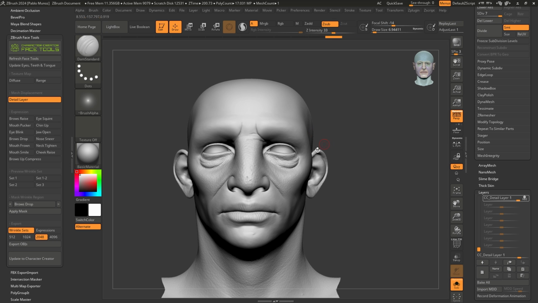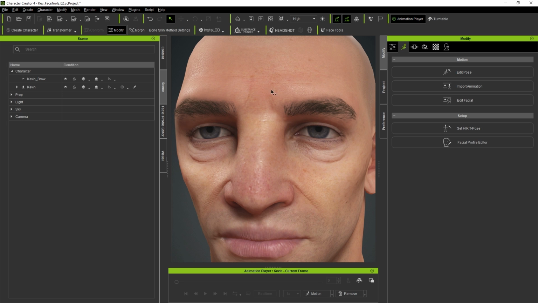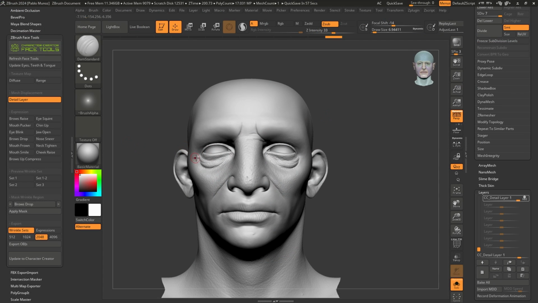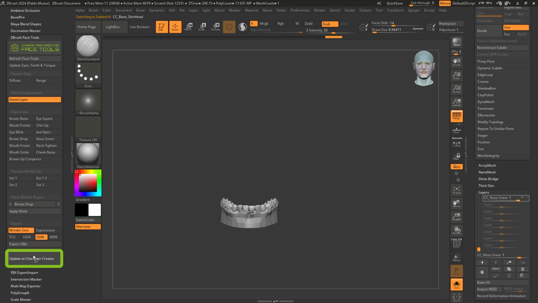All right, so you go ahead and say in CC4, you know what, this is not working. I wanna tweak it a little bit more. You go back to ZBrush. Again, you'll have to do the same thing, but it's just a matter of updating. You don't have to send it back and forth. You can just keep sending things from ZBrush to CC4 every time that you do an update. So I'm going to click on Update CC4. Again, it's going to go through the entire process.